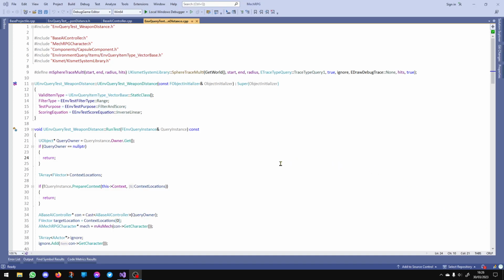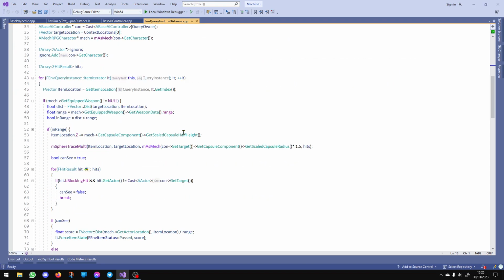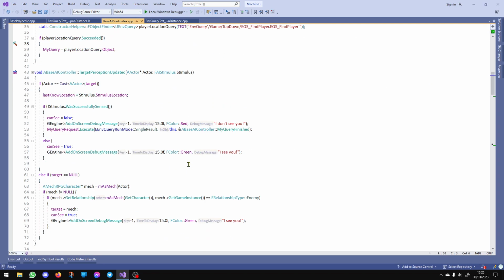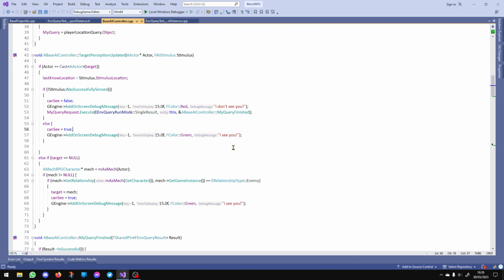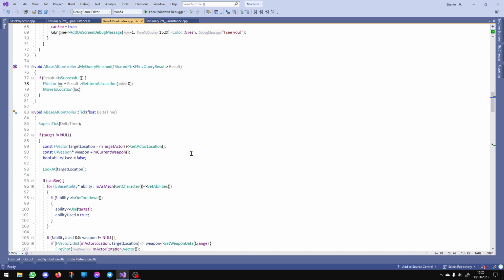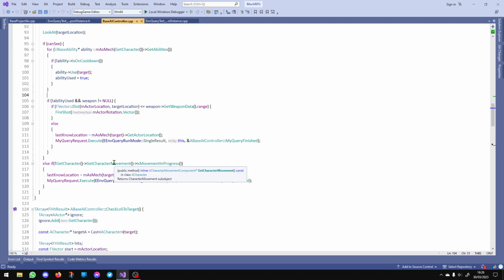Hey guys, I have been spending the majority of my time trying to learn how to make EQS work, among other things. But predominantly, I wanted to get my AI working very smoothly. Because for some reason, I've always had issues using AI perception, and I've never used EQS before. And it seemed strange to me that it was initially so complicated, but